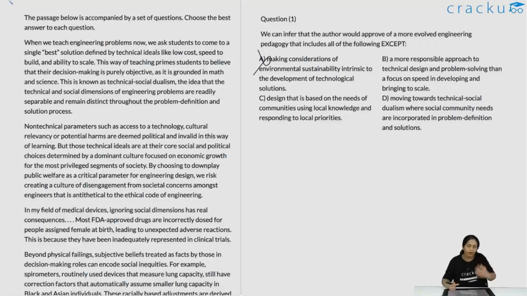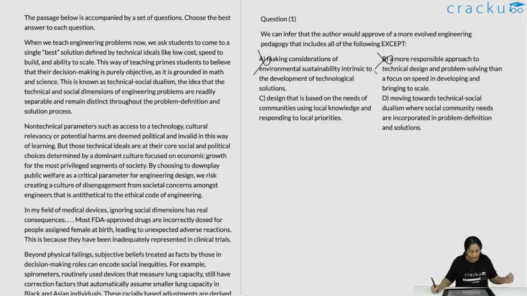So she wants a more responsible approach which considers other social objectives rather than just these things as such. So she is going to want to include this in her engineering pedagogy. Design that is based on the needs of communities using local knowledge and responding to local priorities. This is also something that she mentions. She mentions that